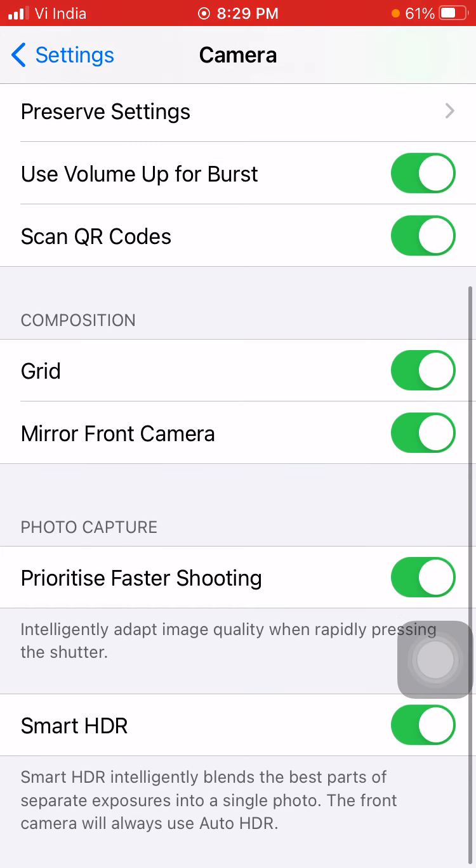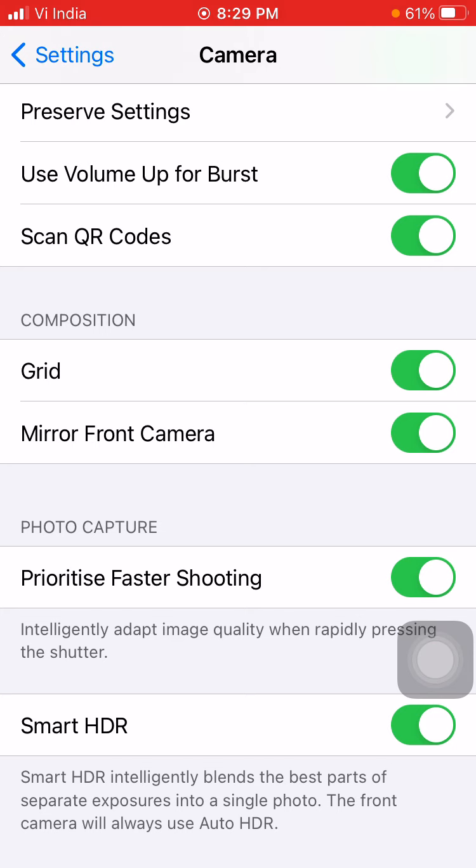So the next feature is prioritize faster shooting. It is basically that the photos app would intelligently adapt image quality when rapidly pressing the shutter. So it would automatically do the image quality setup. So the next feature is smart HDR.